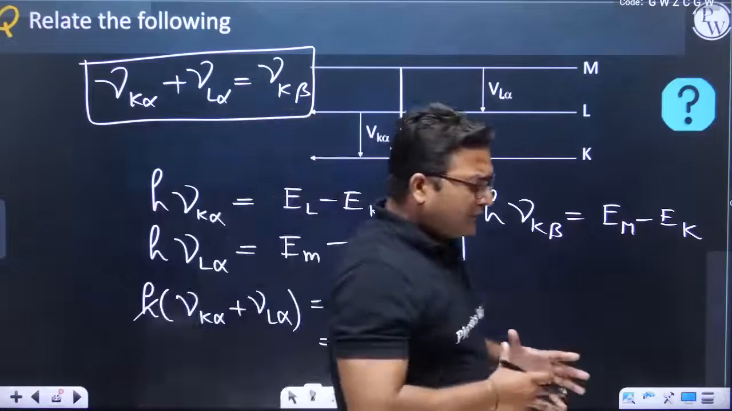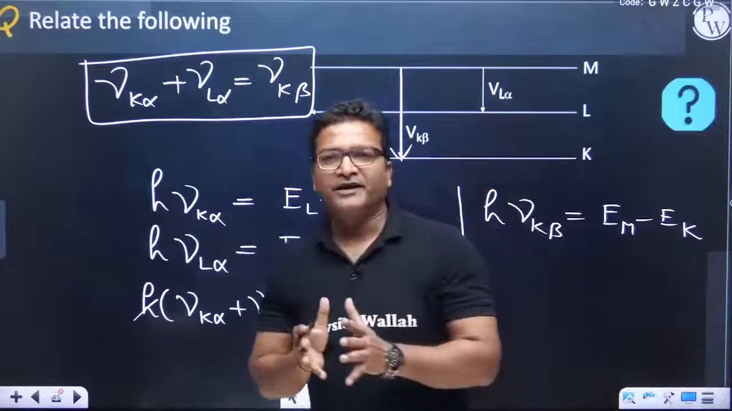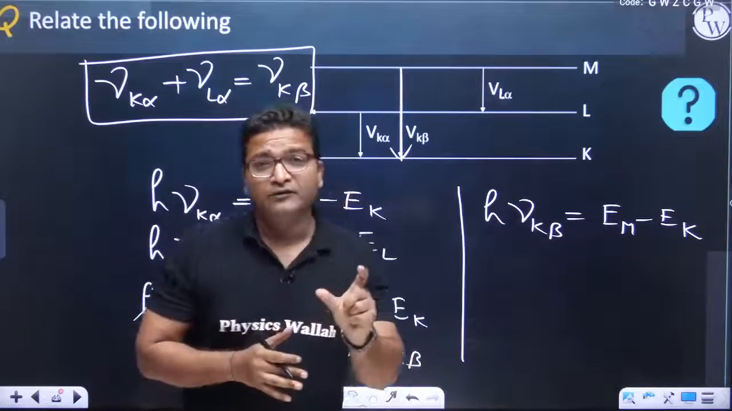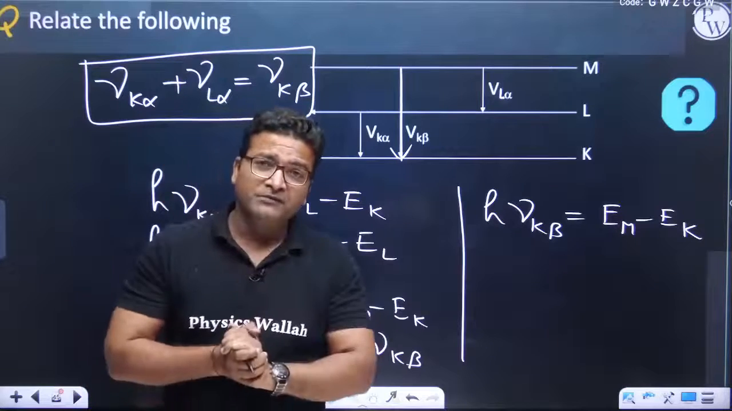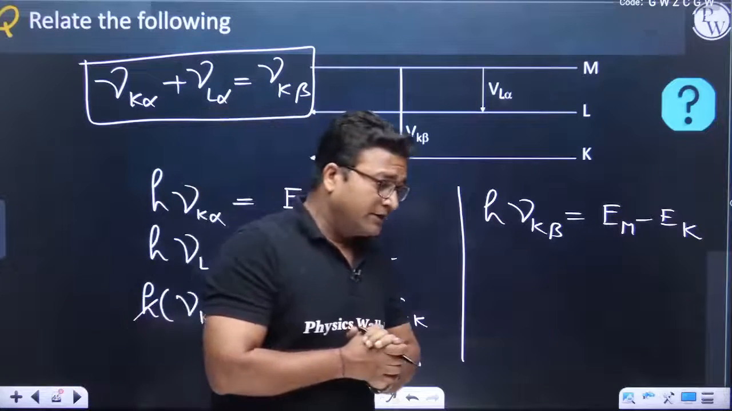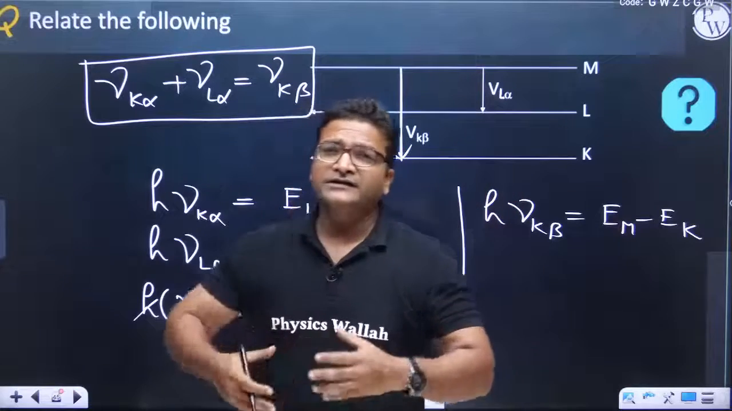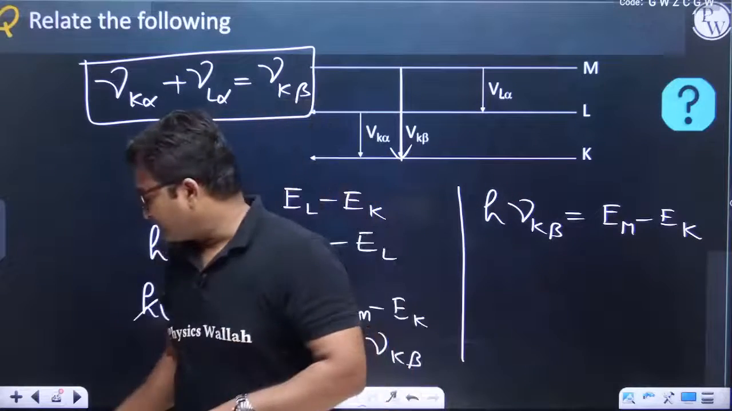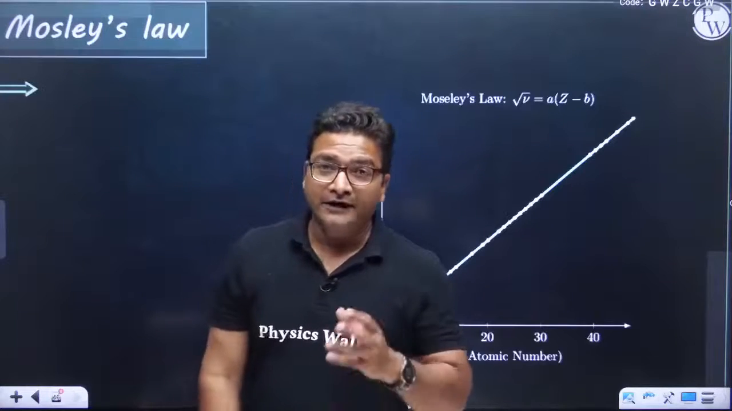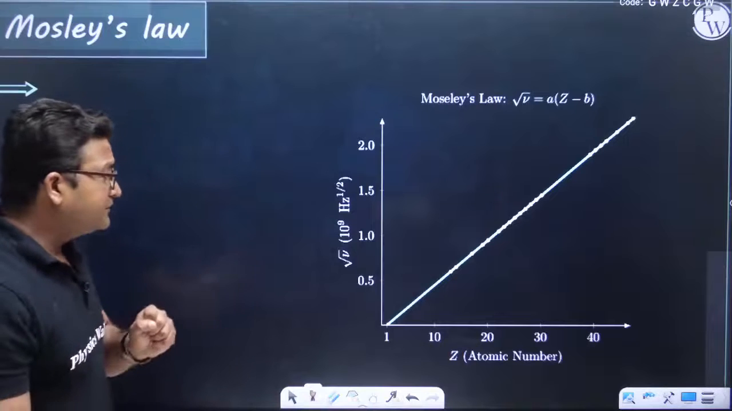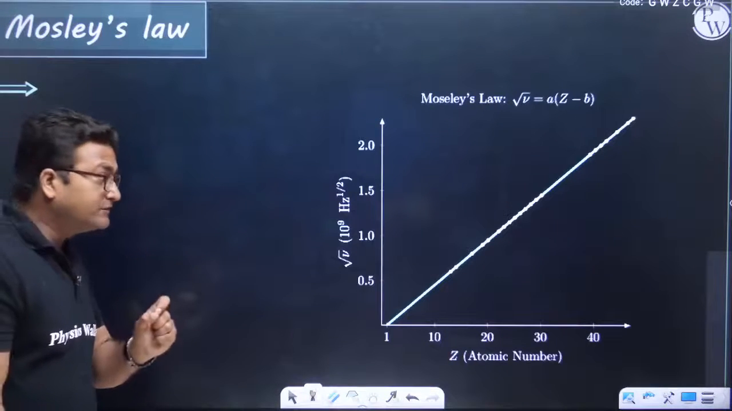Okay, so that was the two major aspects of X-rays. They ask questions either about the cutoff wavelength, the minimum wavelength, or they ask about the wavelength of characteristic X-rays, or they just ask you some theoretical questions. There is one more law related to characteristic X-rays, which is called Moseley's law. And Moseley's law says, remember, Moseley's law says